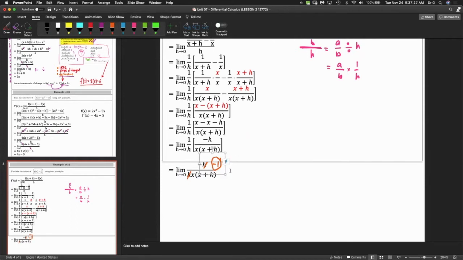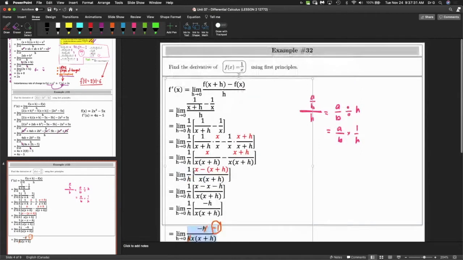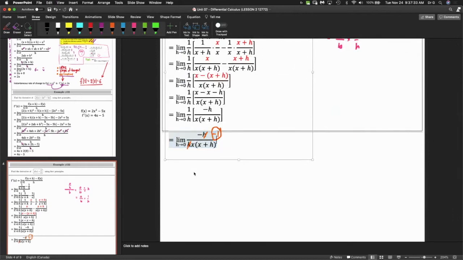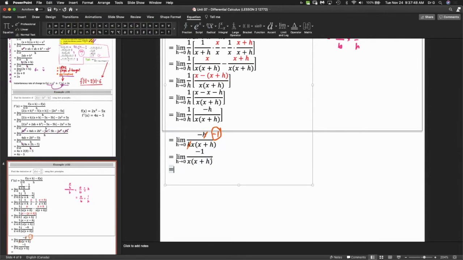With a -1 on top, that does make it a little bit easier to make a mistake, but it's just part of the process. So let's put a -1 there and get rid of this guy. And that's it. You're done. You can now set h to 0, so you get -1 over